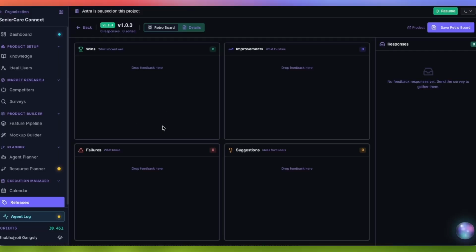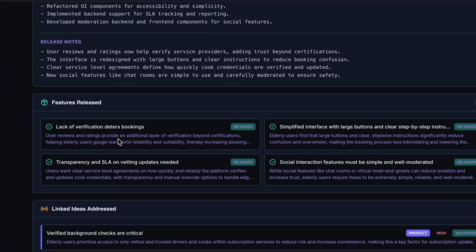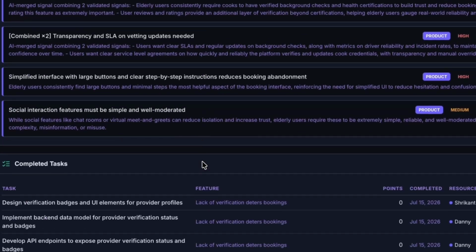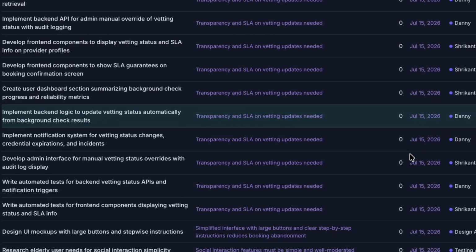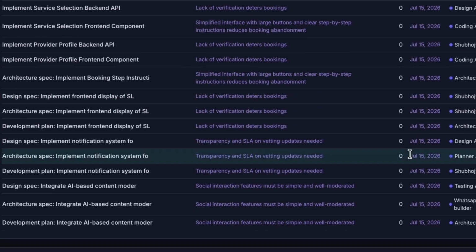And once people submit feedback on the link, it will come on your retro board here. This is where you can see all the tasks and the items delivered in this release, and the total activity done by all the resources and the